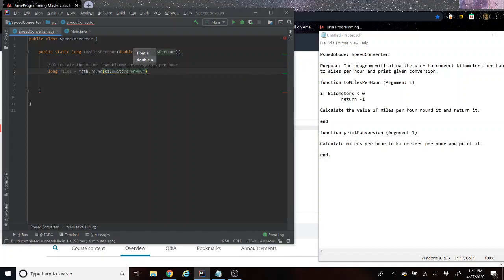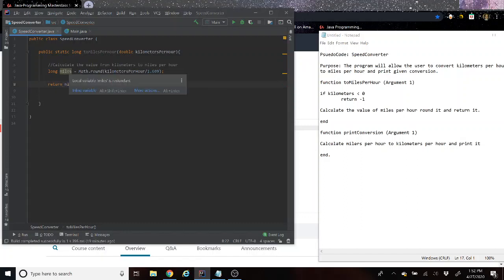So we input kilometers per hour and we divide that value by the conversion, which, for the example given based on their test cases, they want us to use the number 1.609. When you look it up to actually convert kilometers to miles per hour, it's 1.609344. But for this case, we're going to use just this one. If you see the little error right there on line 11, it's because we don't have a return yet. We're going to return miles